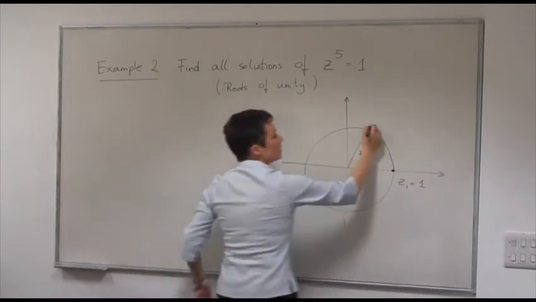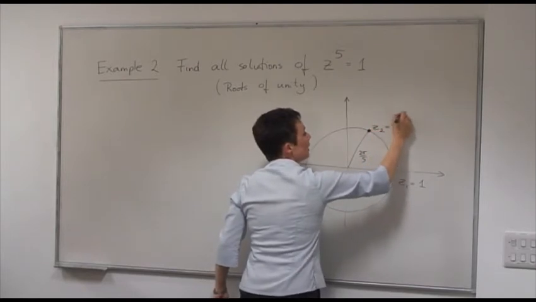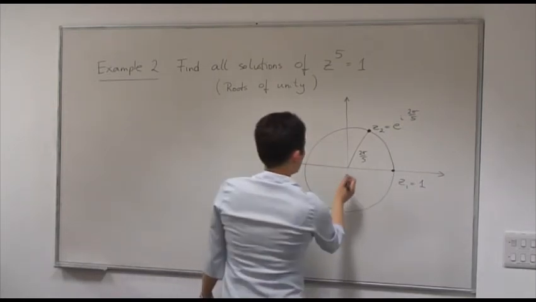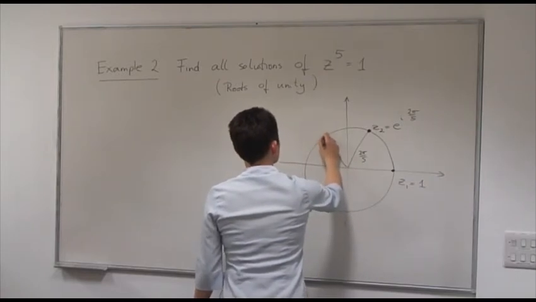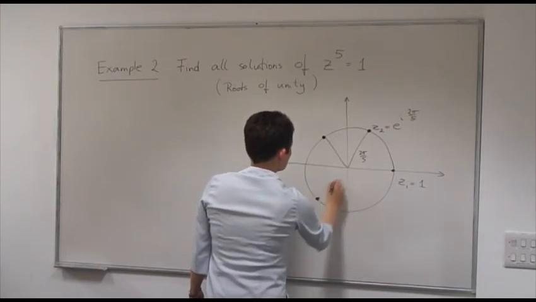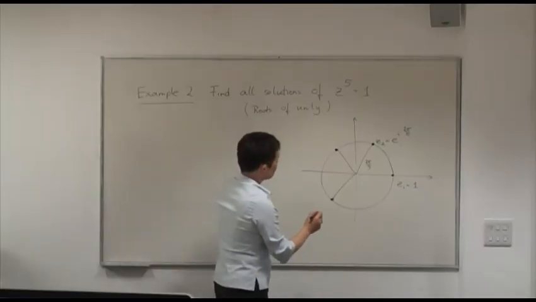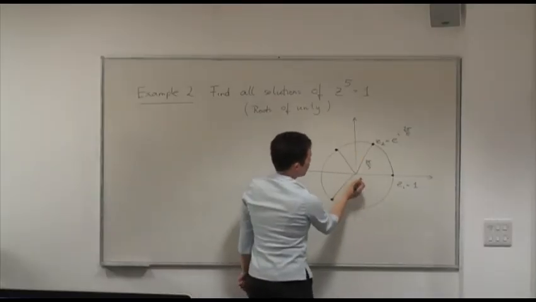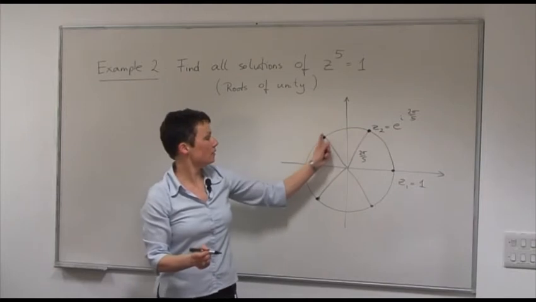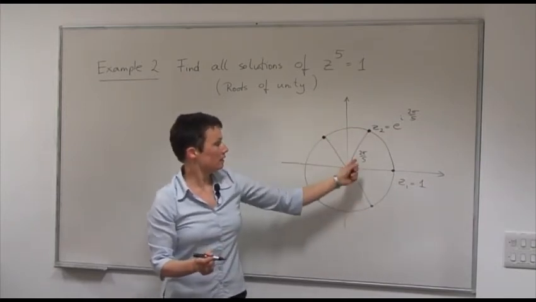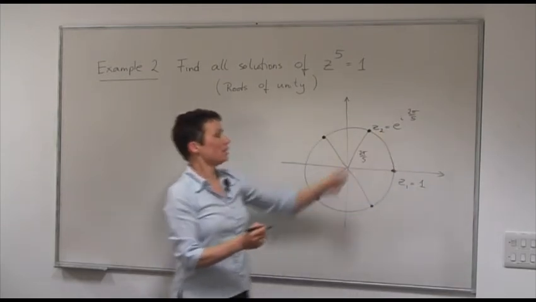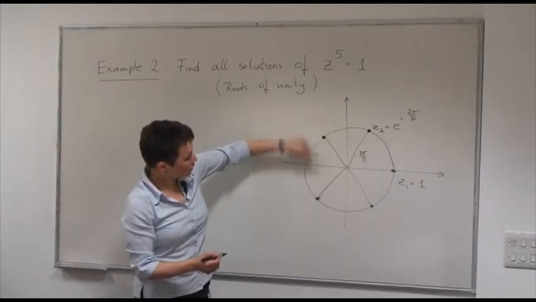Now, let's call this solution z2. This is e to the i 2 pi over 5. When I look at z2 squared, I will be about here. z2 cubed will be about over here. And z2 to the 4 will be somewhere over here. So as I multiply this number by itself, I walk around the circle in steps of angles 2 pi over 5 until I land at 1. So this is my second solution, and I'm claiming that each of these points